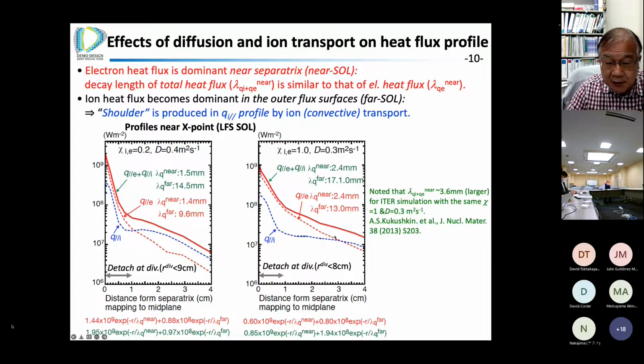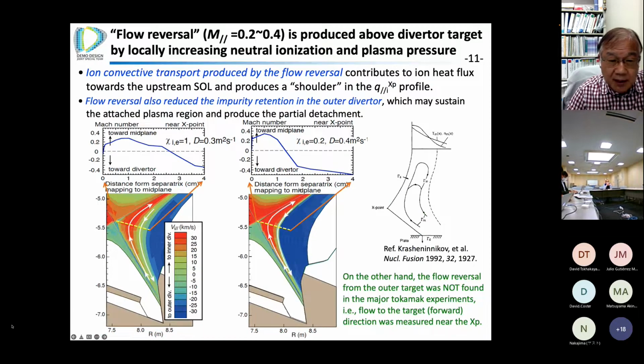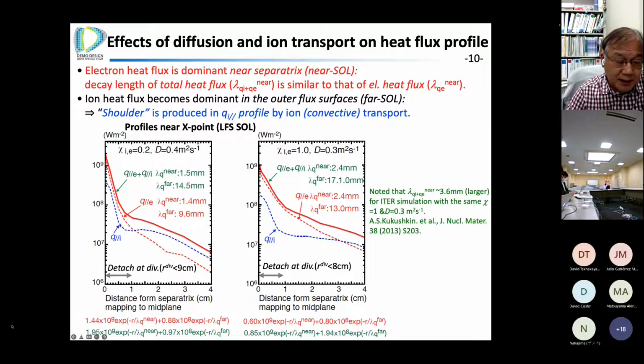In the first-order region, in both cases the ion heat flux is dominant compared to the electron heat flux, like here. This kind of value is smaller than the ITER simulation case, such as in Kukushkin's papers. So, the explanation of why it's such ion